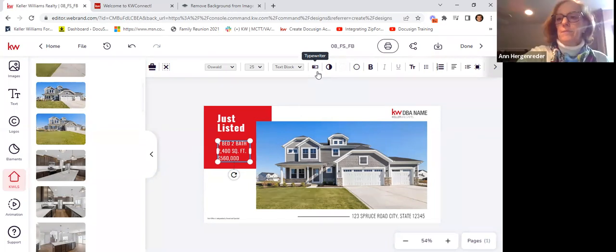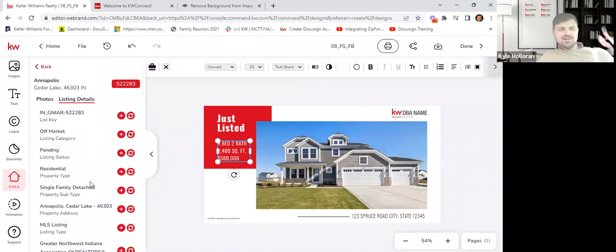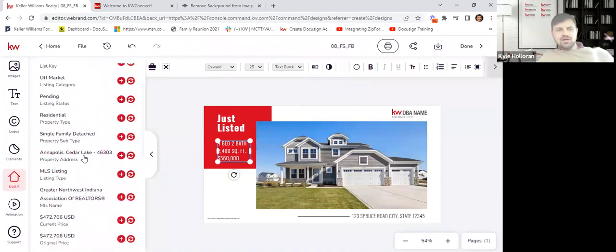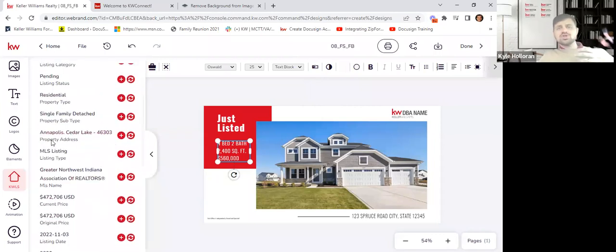Thanks. Great question. All right, I was going to show you this real quick. So we talked about the photos under KWLS here. This is the address. So if I went to listing details and I scroll down, here's the property address as it's listed here, which doesn't make a ton of sense, obviously. But most of ours in Virginia would say 123 Main Street, Fairfax, Virginia, 22033. So same thing as the photo, I can highlight the text here, and I could hit replace, and it would just switch it out to the address. Kind of cool.